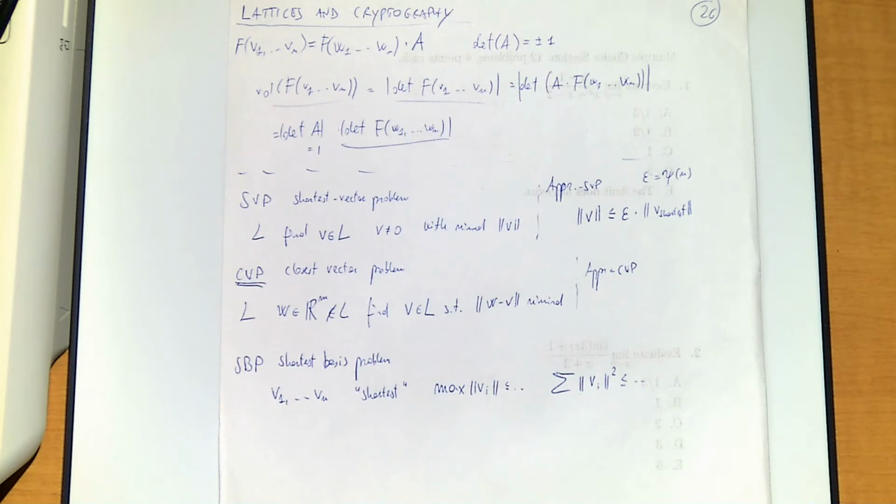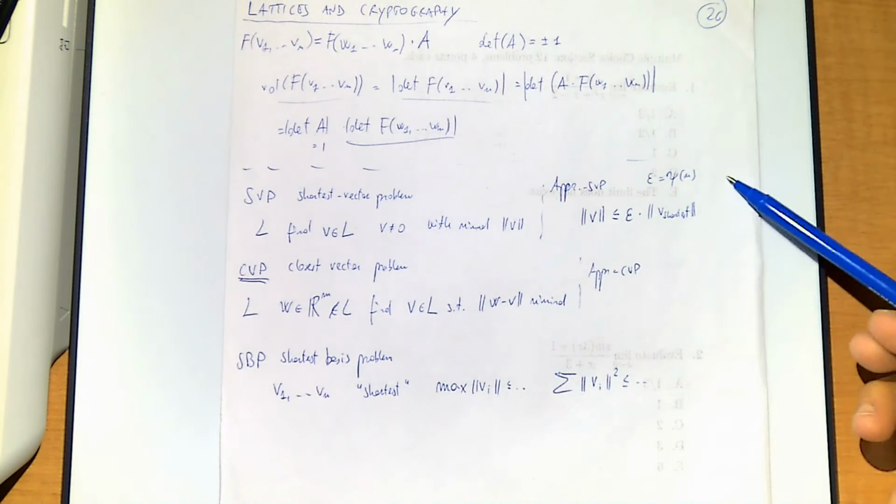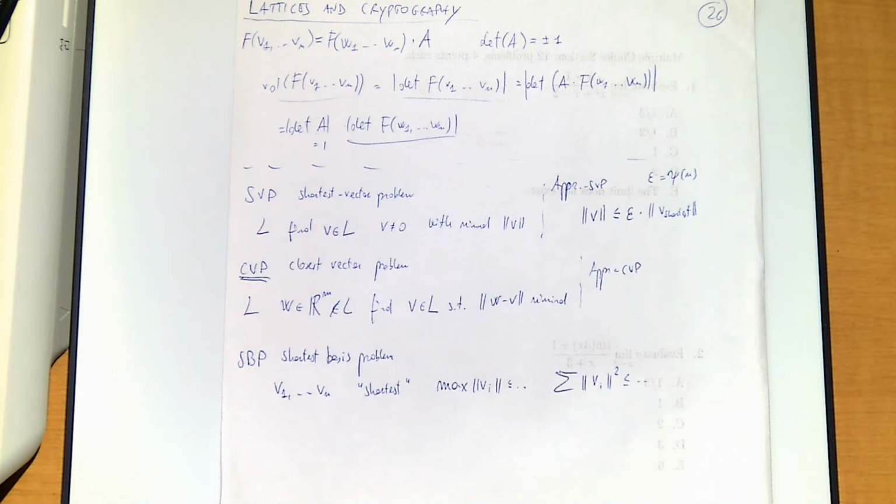Okay, so this is the basic. We're not going to spend too much time on the actual problems, but let's try to move towards crypto systems. There's just a couple more things that we have to pin down. First of all, now that we're talking about shortest vectors and closest vectors, how big can we expect this shortest vector to be? This obviously depends on the dimension of the lattice, and the determinant, and we're able to somewhat bound